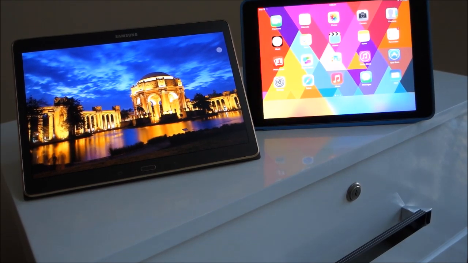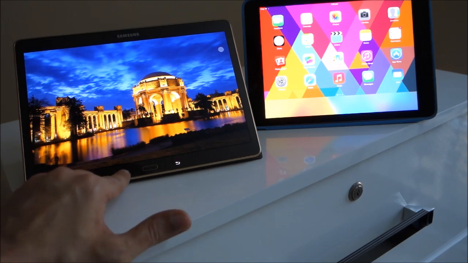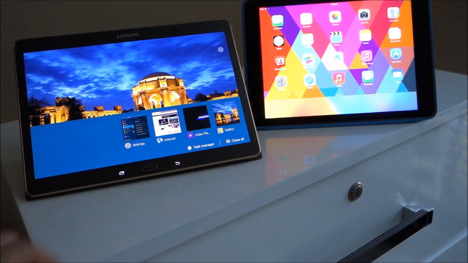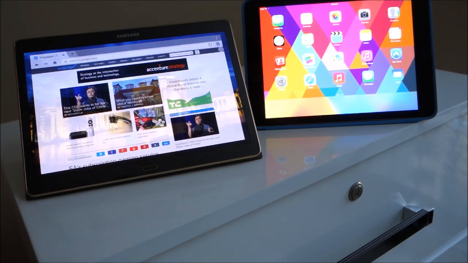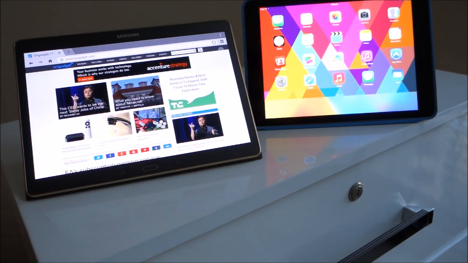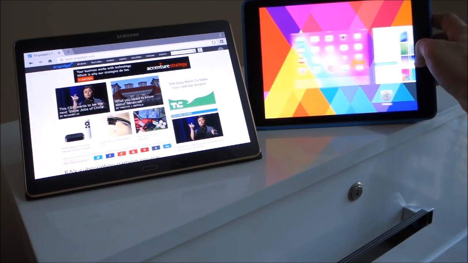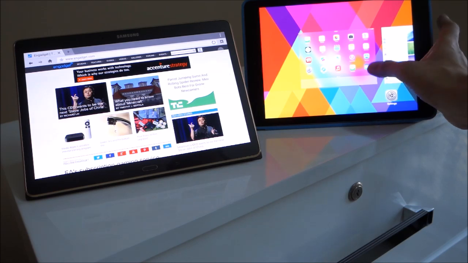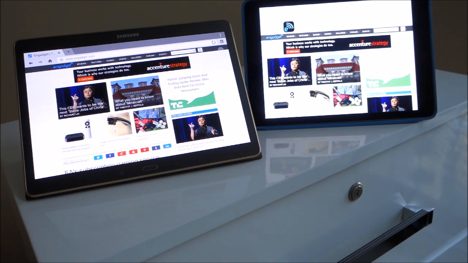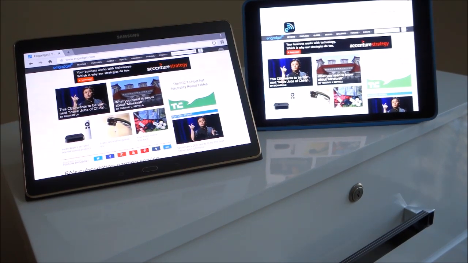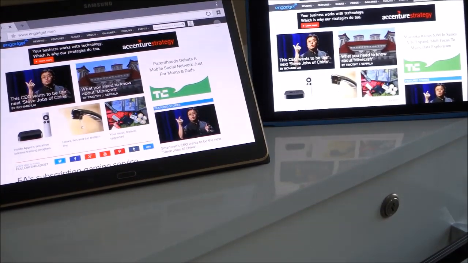is a souped up version, because the Samsung basically has TouchWiz, and after using the Tab S for approximately 1 month, if you have a lot of apps running in the background, the Tab S can get laggy. It lags a bit. That's a problem with all Samsung phones as well, Note 3, Note 2, Note 1. I've tried all the Samsung products, and it lags a bit,